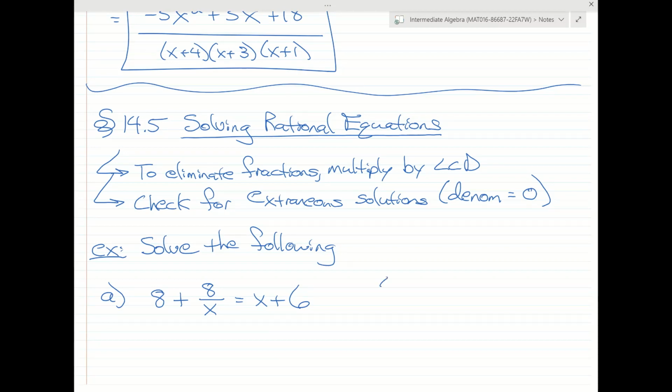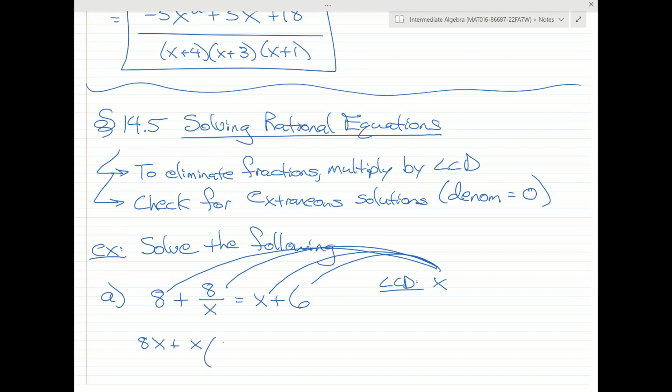And what we want to do is figure out what the least common denominator is, which is x, and then multiply everything by it. What this will do is this will eliminate our fractions, make the problem really easy to solve. So if we multiply everything by x, we get 8 times x plus x times 8 over x is equal to x times x plus x times 6,